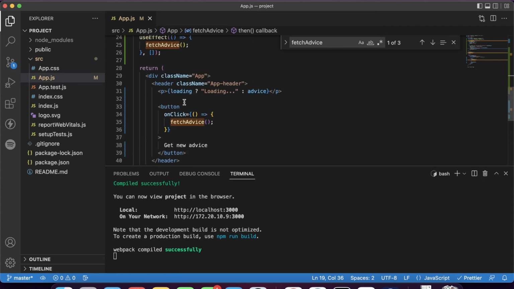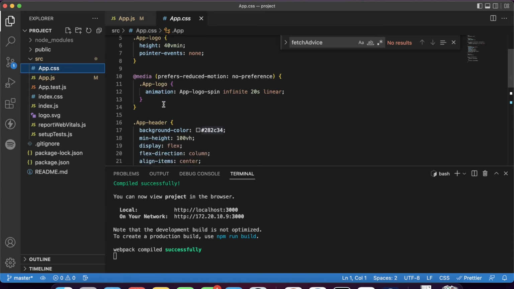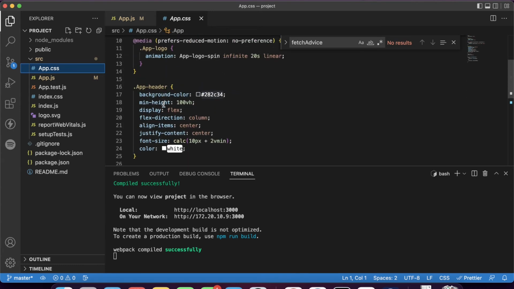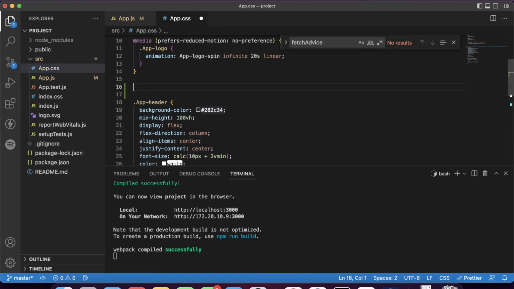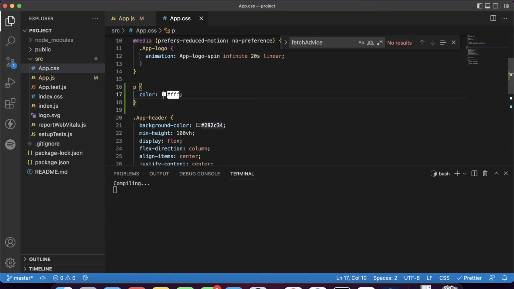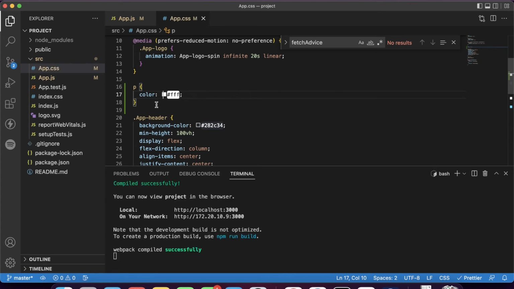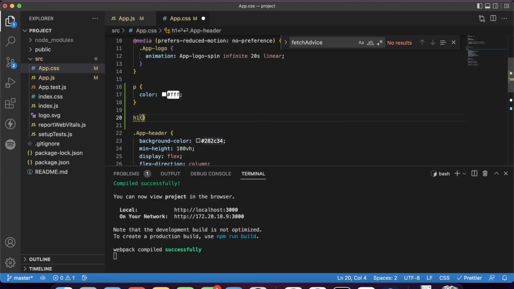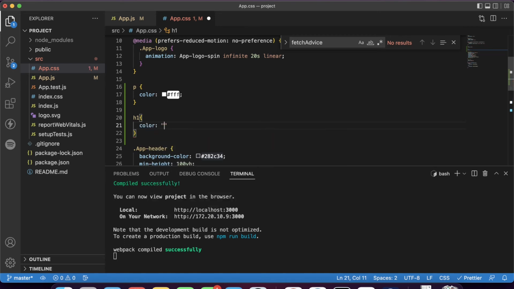So the first thing that I'll do is go to my App.css file and check. Okay, so we don't have it here. So I'll style the tag. And h1, I want the color to be, let's make it blue for now, but we'll update it.